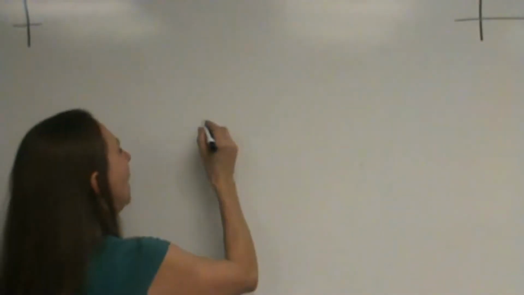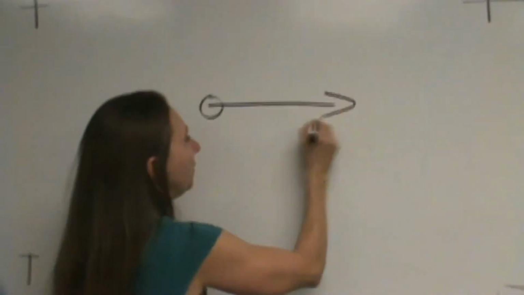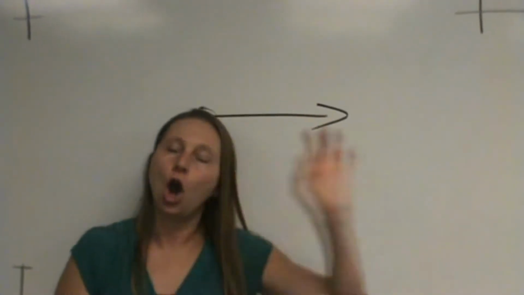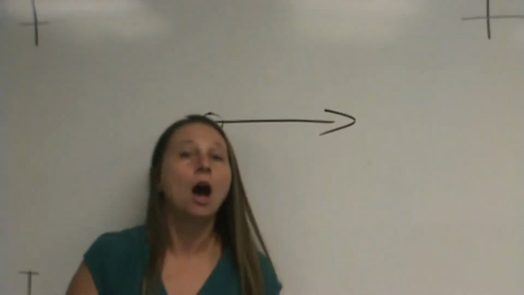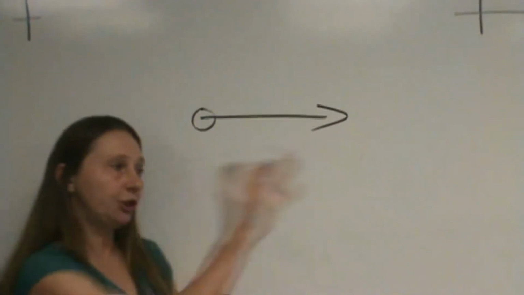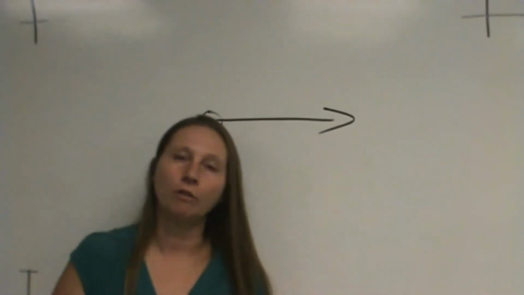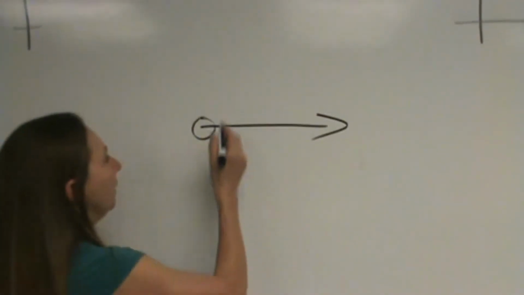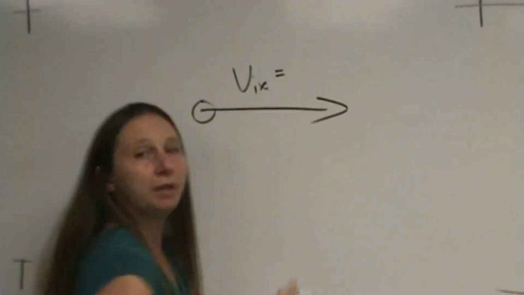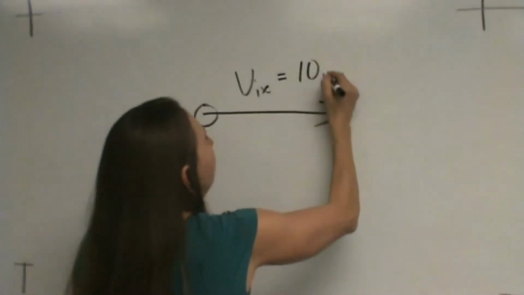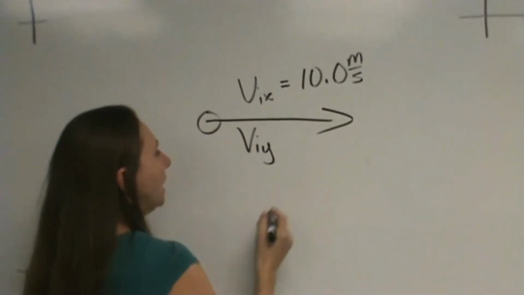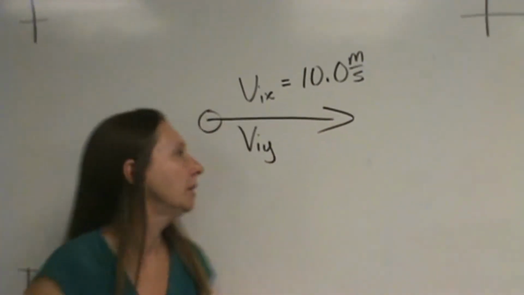If you fire an object this way, whether it's a cannonball, a bullet, a car driving off the edge of a cliff, a marble rolling off the edge of a table, a pitcher pitching a ball exactly horizontally, you've got an initial horizontal velocity, which might be, for example, 10 meters per second, but the initial velocity down is going